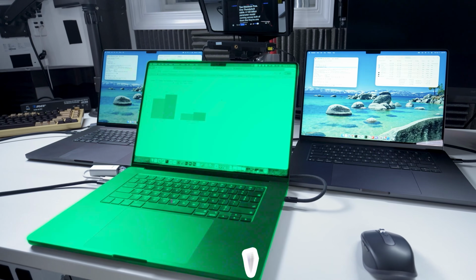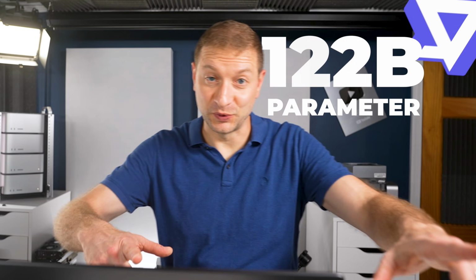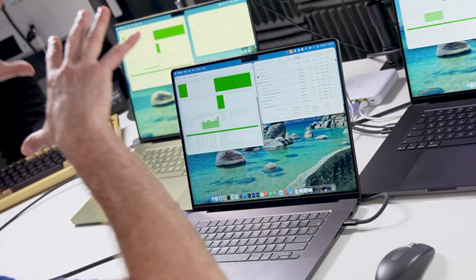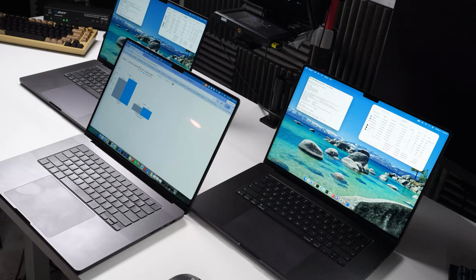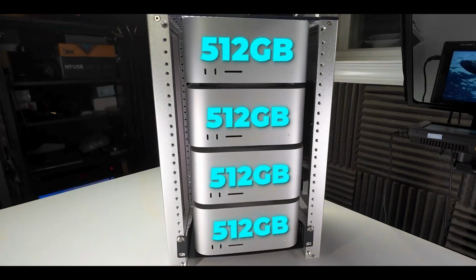3 MacBook Pros with M5 Max, 3 Thunderbolt 5 cables, and a 122 billion parameter model running across 2 of them like they're one machine. The third one, there's a good reason for that, and I'll get to that. Stick around. A few months ago, I did this with the M3 Ultra Mac Studios, and WWDC 2026 is right